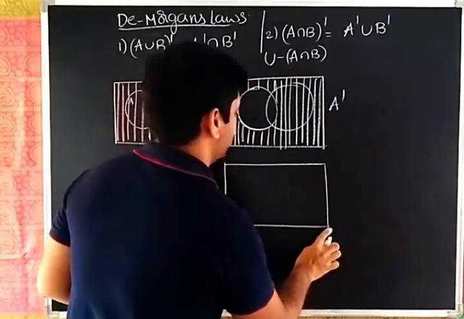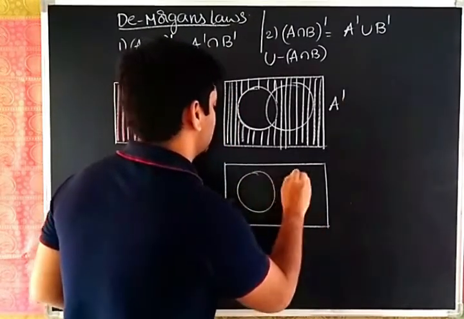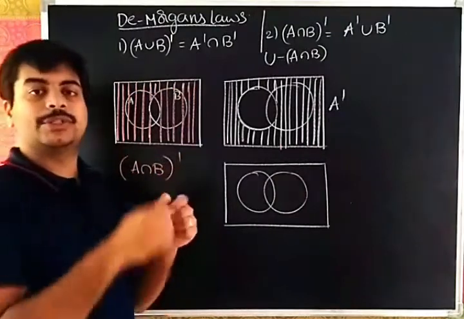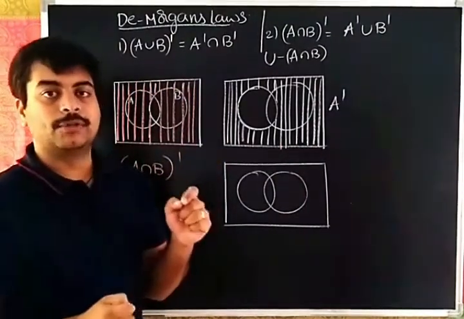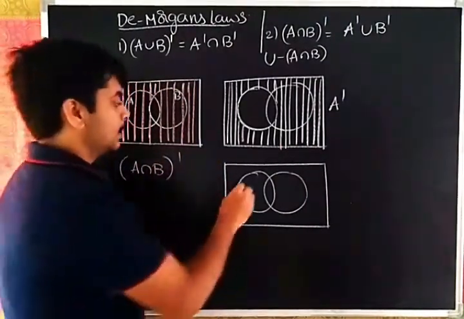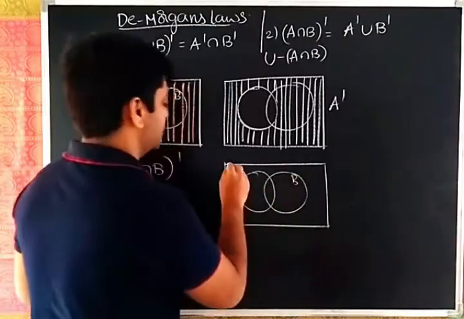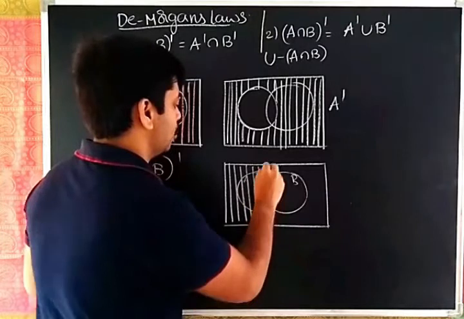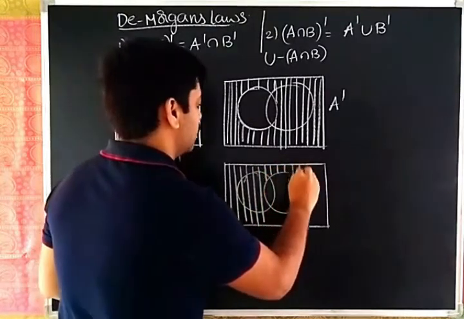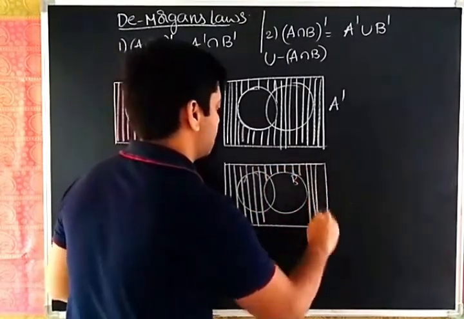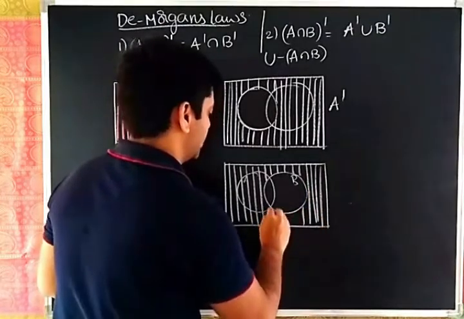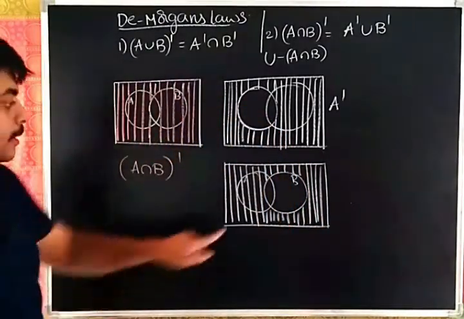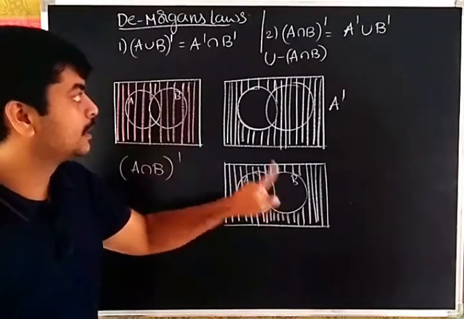What is B complement? Once again, take two circles. Now B complement means from the complete universal set you need to remove B. So this is A, this is B. If you take away B, you will be left with this part. B should not be included. So this region is there with you. Correct. So this part I am not including, this one or this one.